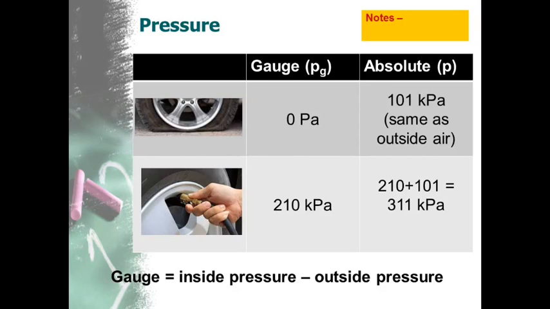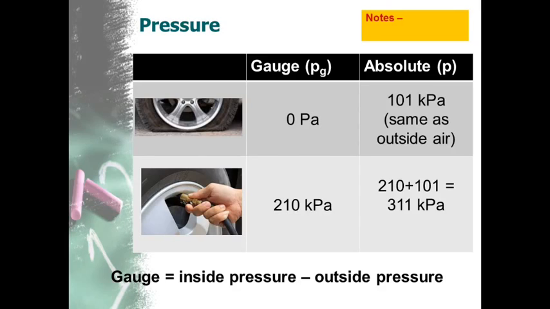Okay, another thing that is very common when talking about pressure is to actually talk about gauge pressure, and we then have to compare that to absolute pressure. Now this is very common in, say, tires or other inflatable objects. Anytime you are trying to put compressed air into or take air out of something, you talk about gauge pressure. So the gauge pressure is the inside pressure of your fluid minus the pressure outside of that